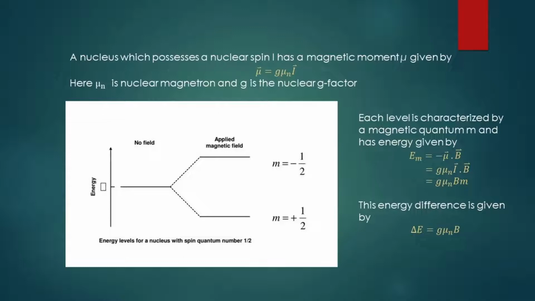So when an amount of energy g mu_n B is supplied to the ground state, the energy will be absorbed and moved to the excited state. The transition will happen till the populations become the same, but it is a continuous process, right? Because the excited state has a lifetime which is very low.